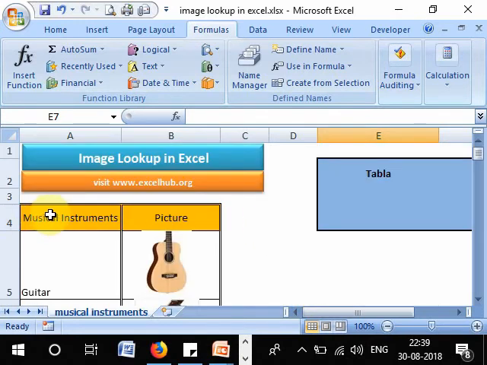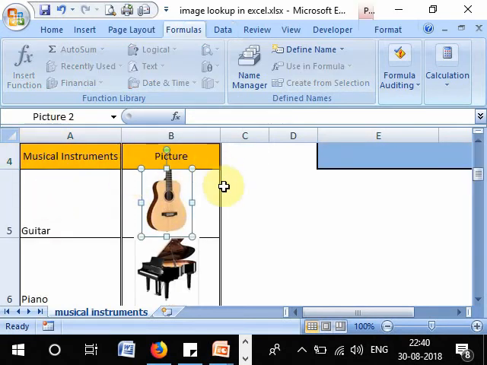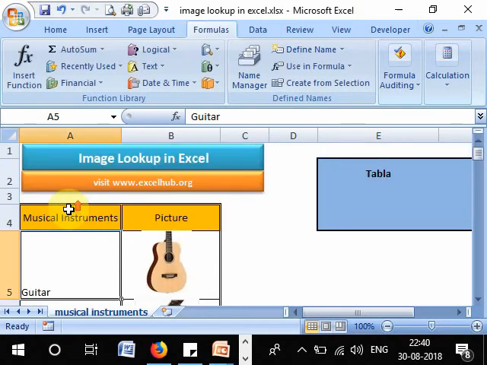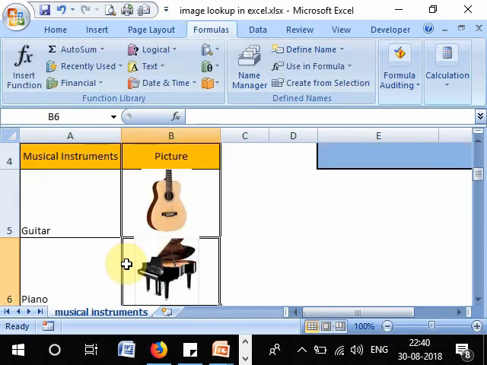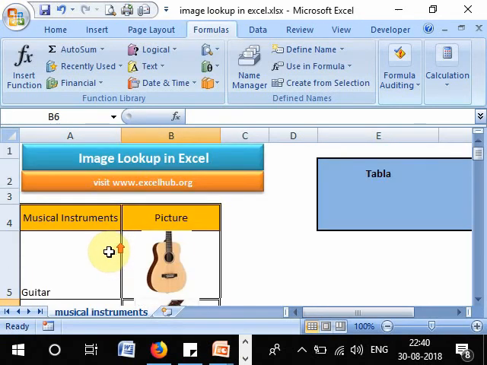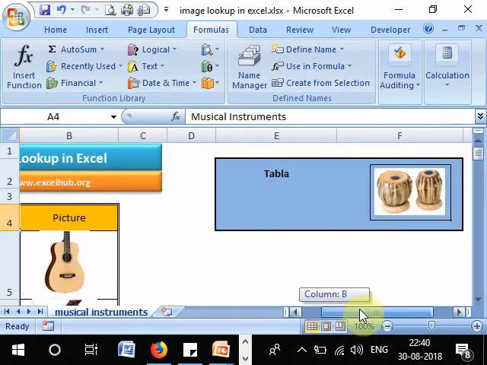The first step to do this is to prepare the data table. In that data table we'll have to fit each picture to one particular cell. In this example, you can see the table contains the musical instrument name and the picture. So you can see each picture is fit into one cell. Okay, so this is the first step, and after this we have to create a